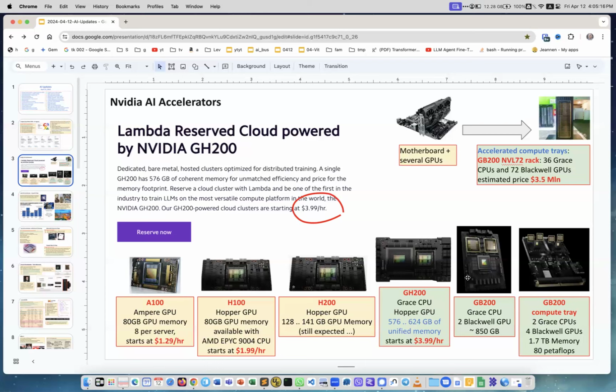And there is another board which is called GB200. So it's not Hopper, it's Blackwell. It's the next generation. It's not available yet, but it has up to 850 gigabytes on one card like this. Now they combine two cards in one tray, right? And this is called the compute tray. And then they put them in